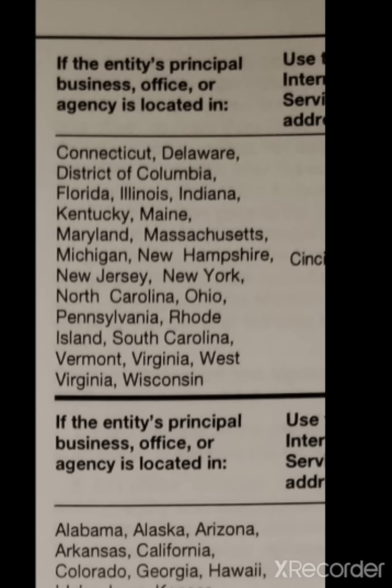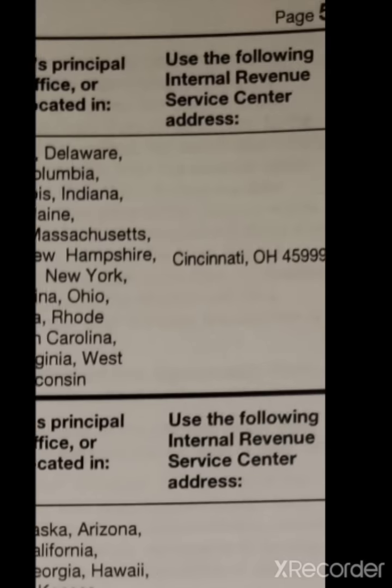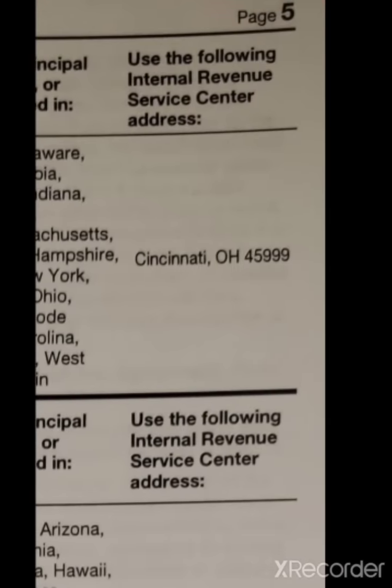Now, if you're in Connecticut, Delaware, District of Columbia, Florida, where I am, Illinois, Indiana, Kentucky, Maine, Maryland, Massachusetts, Michigan, New Hampshire, New Jersey, New York, North Carolina, Ohio, Pennsylvania, Rhode Island, South Carolina, Vermont, Virginia, West Virginia, Wisconsin, you're going to mail yours to Cincinnati, Ohio,